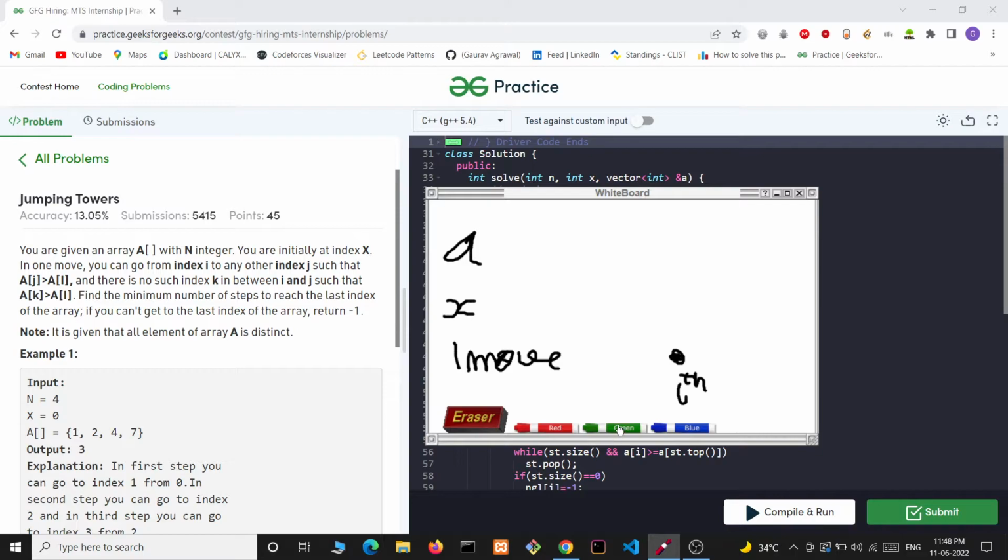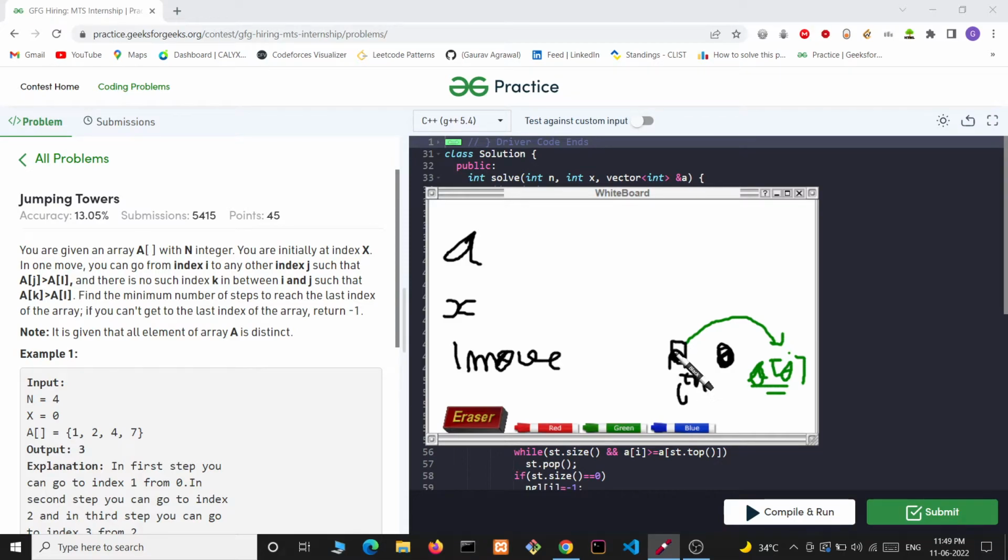Then we can jump from A[i] to A[j] if A[j] is greater than A[i] and there is no element between them which is greater than A[i].